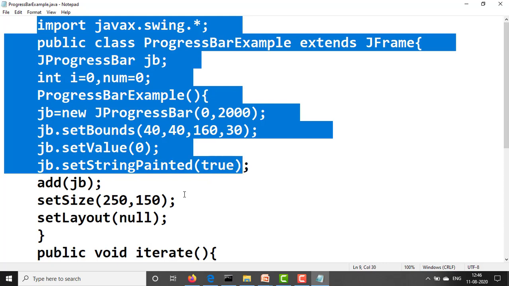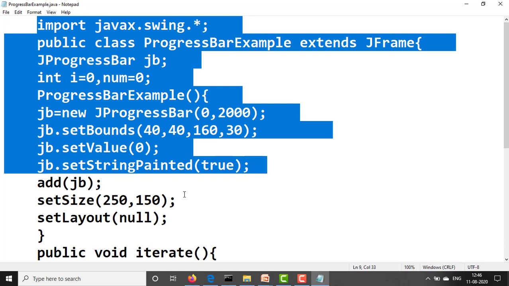That is the 45% we have seen in the example output. It is the string painted, and we need to set it as true. setStringPainted is the method which shows the string on the bar, and we need to pass the parameter true.